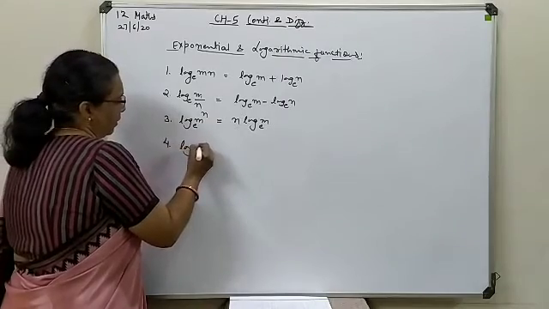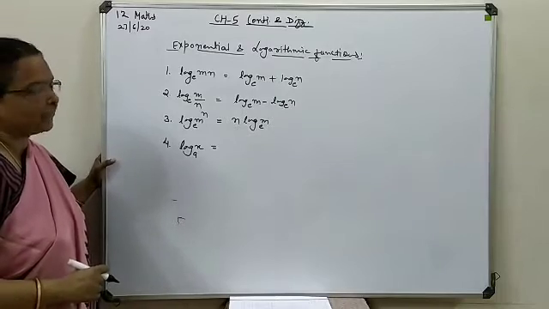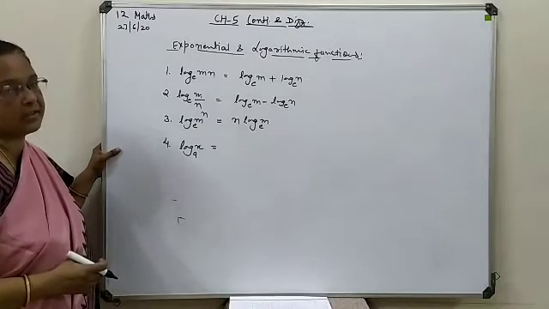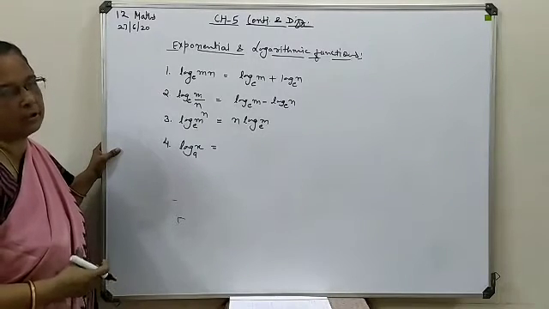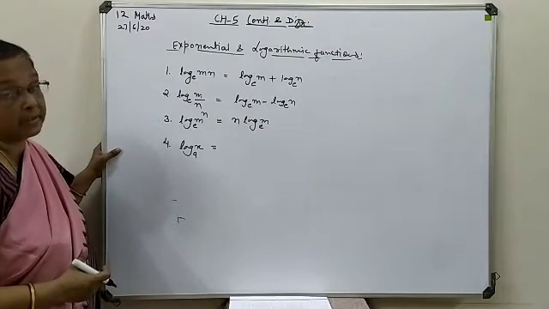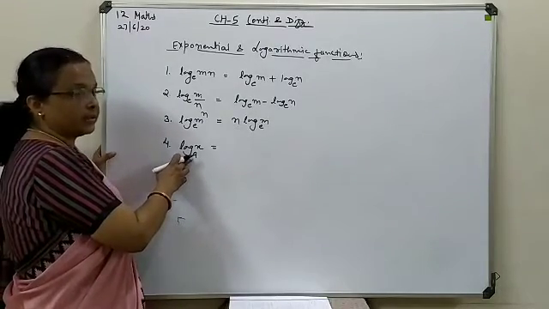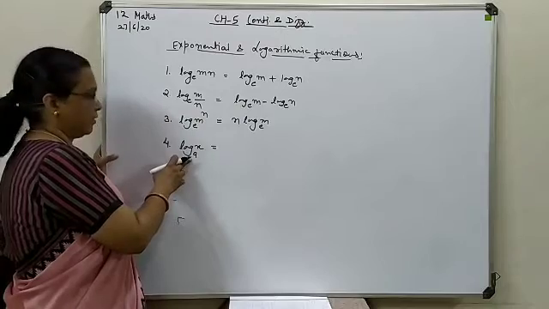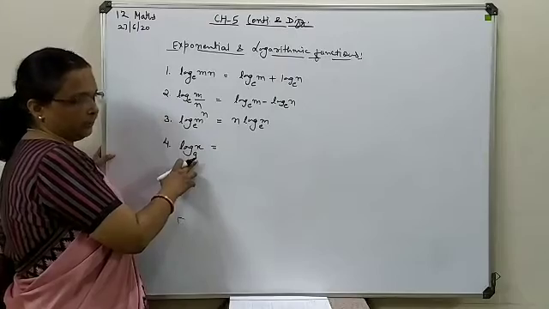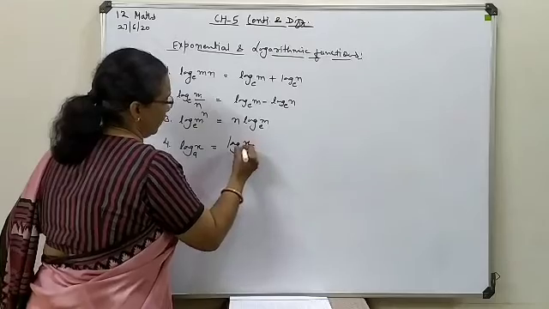Next is, if your base is not given with e and given with other quantities, at this time it is not possible to make a derivation of log function. It is compulsory for a log term to have a base as e. So if your question is not available with base e, it is to be converted first, and this way it is to be converted. Suppose log x with any of the number it is given, or even with 8 is available, you will make it separate as this form.